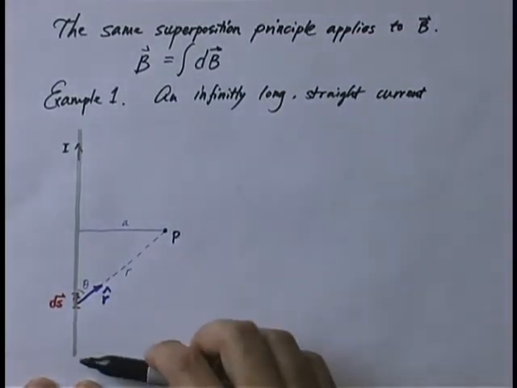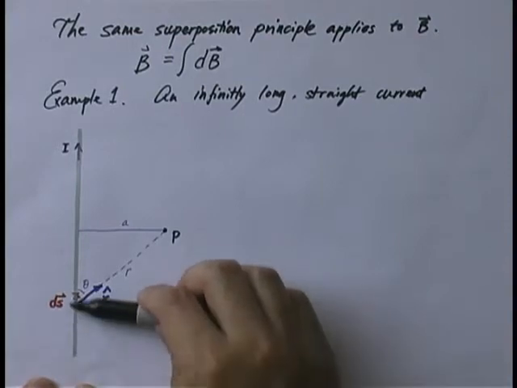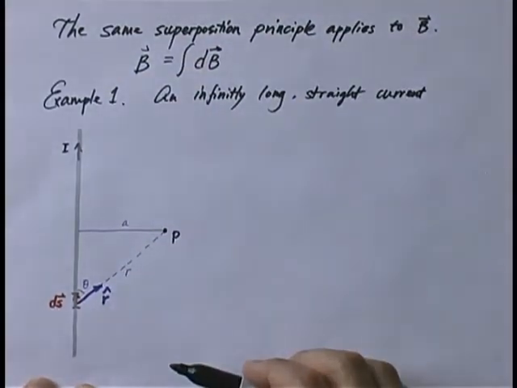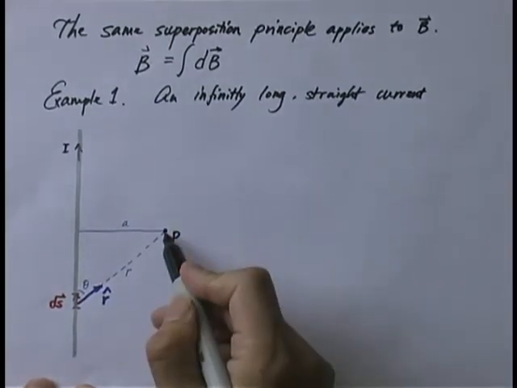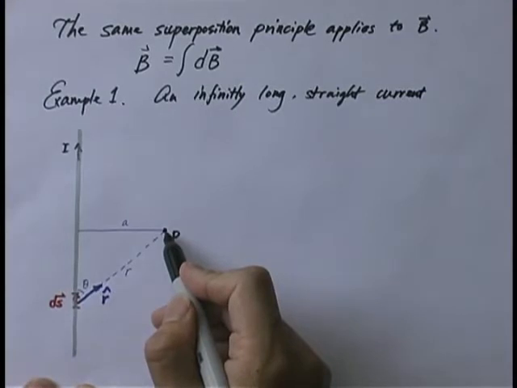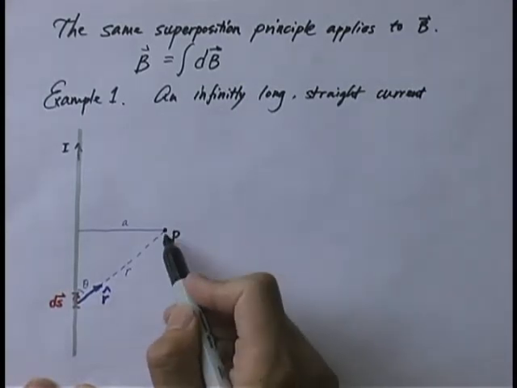Now, let's first consider the case when the straight wire is infinitely long. It is infinitely long and it's straight. We wish to know the magnetic field at point P. This will give us a good exercise in how to use Biot-Savart's law and integration to figure out the magnetic field